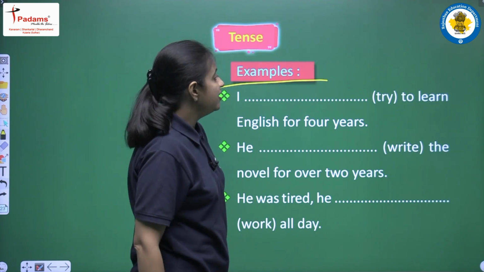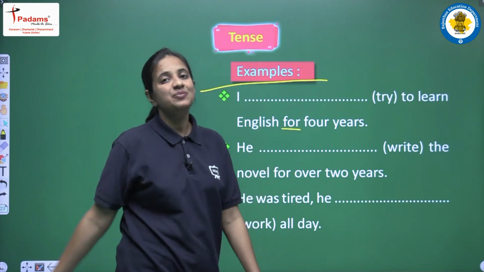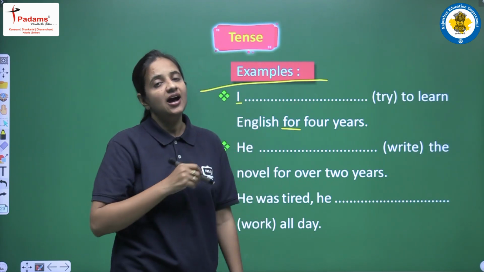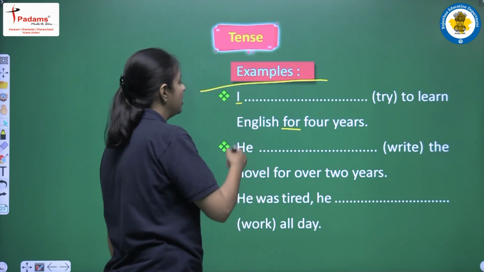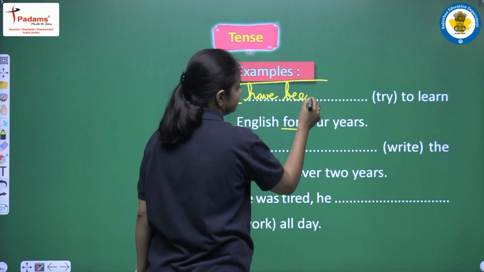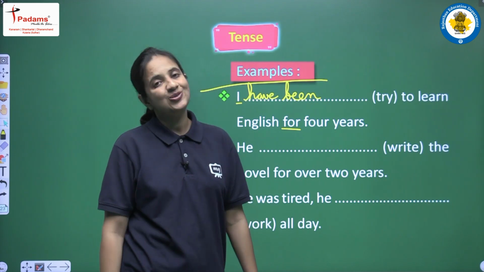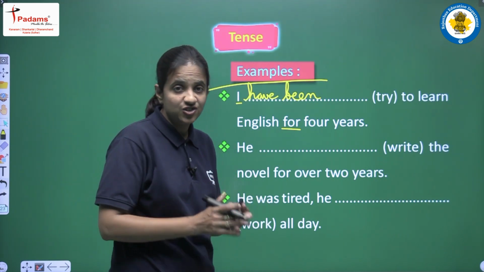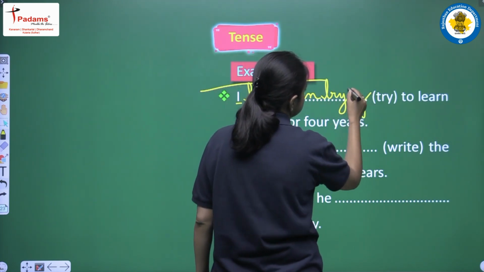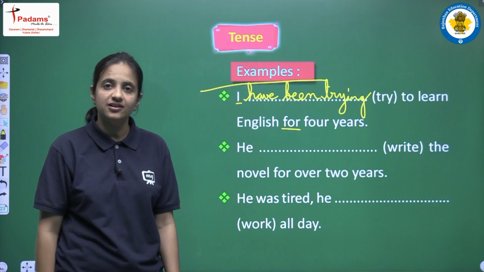The first one is: I try to learn English for 4 years. Okay, so we have for. This is the present perfect continuous tense, and this is a positive sentence, and we have I as the subject. I takes a plural-form verb. So first of all we have to write have been, right? No confusion in this. Have been. Now we are talking about the main verb. The main verb is try. So we all know that we have to add ing: the first form of the main verb plus ing. So it will be trying. So the sentence will be: I have been trying to learn English for 4 years, right?